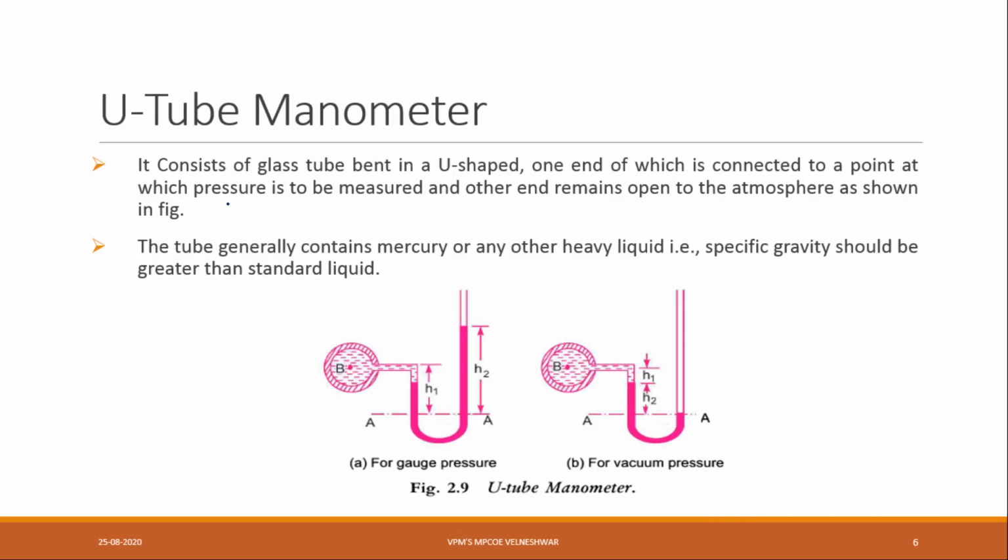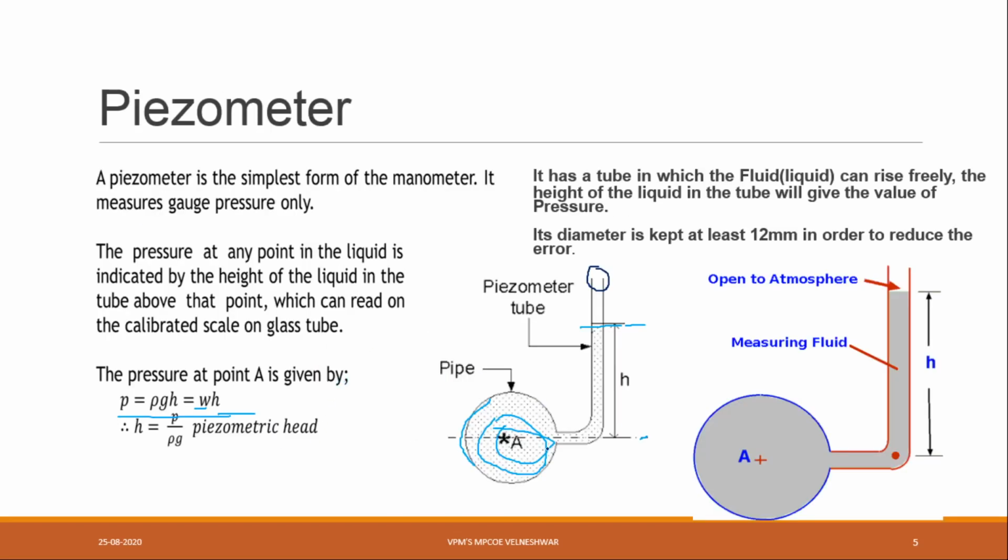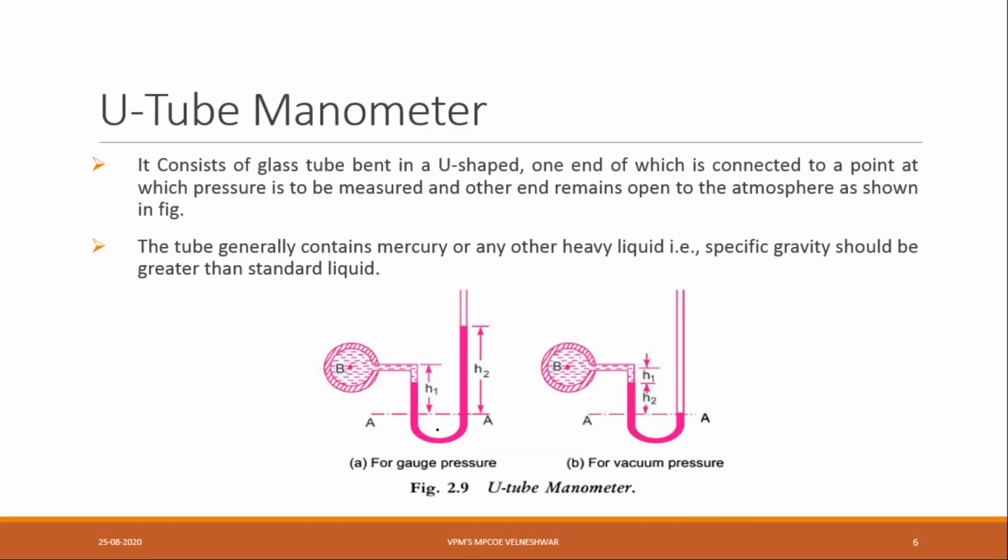Now the U-tube manometer, which is important here. It is almost the same, but here there are small changes. The inside pipe will go downwards and form a U shape, and then go to the top side similarly. Now, the left-hand side we will take as H1 and the right-hand side as H2.